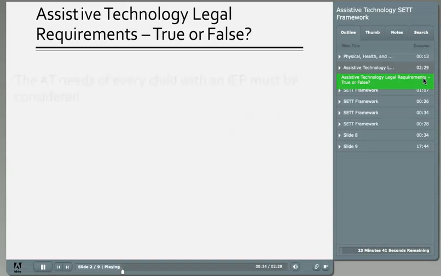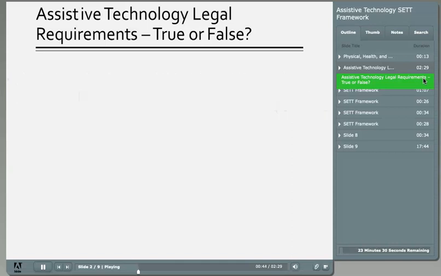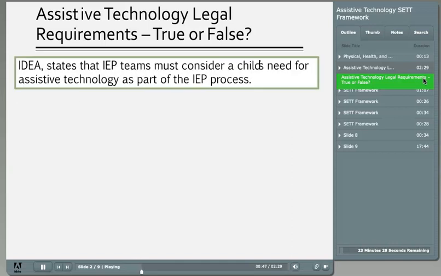First, the AT needs of every child with an IEP must be considered. Is this true or false? This statement is true. IDEA states that IEP teams must consider a child's need for assistive technology as part of the IEP process. This does not mean that every child with an IEP must receive AT or that the school must provide AT to every child, but it does mean that it needs to be thoughtfully considered